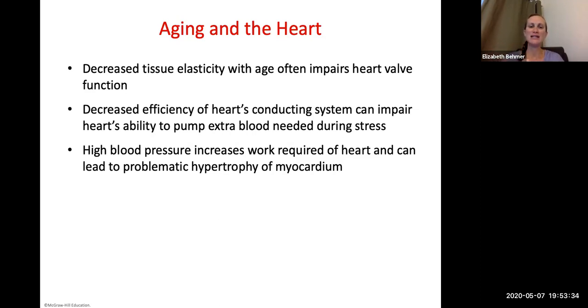The heart's conducting system has decreased efficiency, so that can impair the heart's ability to pump extra blood if needed during stress. And high blood pressure, which can be caused by a bunch of different things, can increase the work required of the heart, and that can lead to problematic hypertrophy of the myocardium. Hypertrophy, again, means an increase in size, and hypertrophy of the left ventricle. If your left ventricle has to pump extra hard, it'll get extremely large to try to overcome maybe high blood